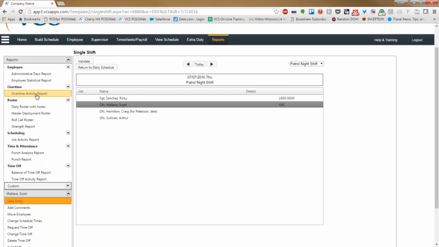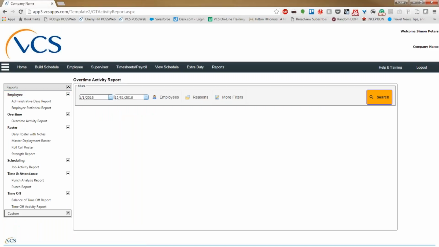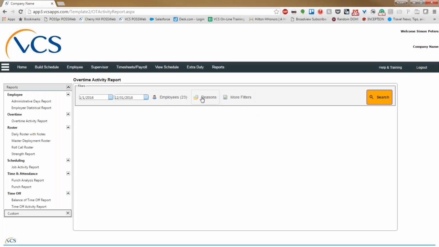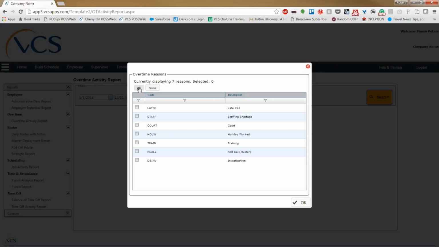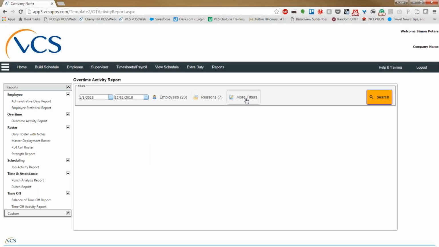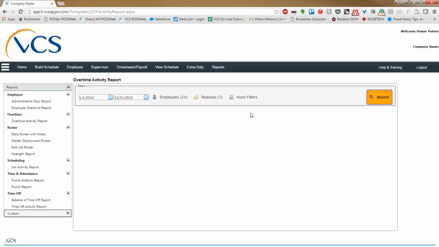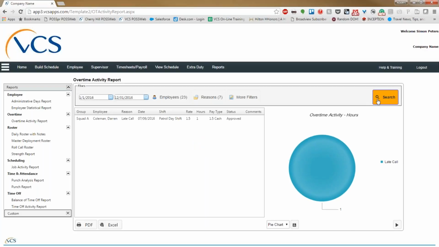If I wanted to do an overtime activity report, I click on that report. I come in here, I identify my date range. I choose my employees. And then I can choose what reasons I want to see, what overtime reasons. And then some reports have additional filters. In this case, I can filter by pay type or by CFS or reference number if I'm using those. And when I hit search,